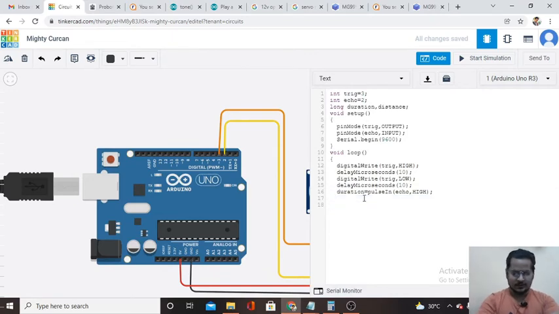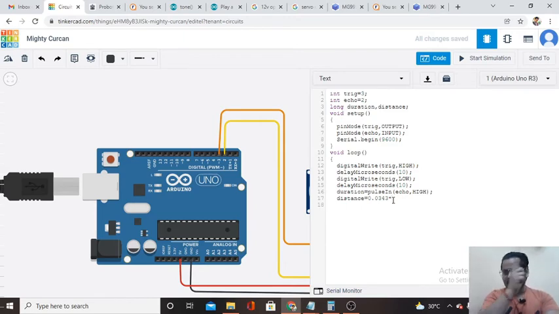So let me write this formula. Distance is another variable I have already declared on the top. So distance equal to 0.0343, this is the speed. Distance equal to speed into time, and that duration will come in this. But we have to measure the distance of the object from the sensor.